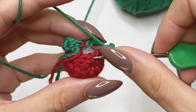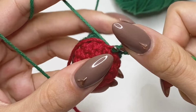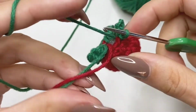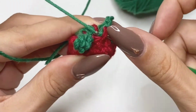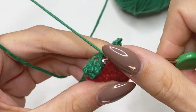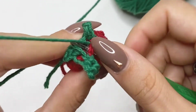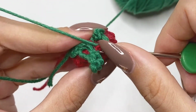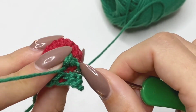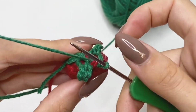And if you want to have more than 3 leaves, that's also perfectly fine. I know that usually when kids draw strawberries, it's usually with 3 leaves, and most of the time I see them with 3 leaves. Honestly, I cannot remember how many little leaves a strawberry has on top. And once you decide you're done with leaves, you're going to